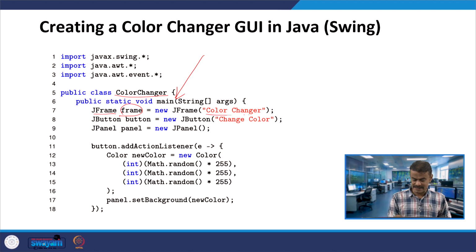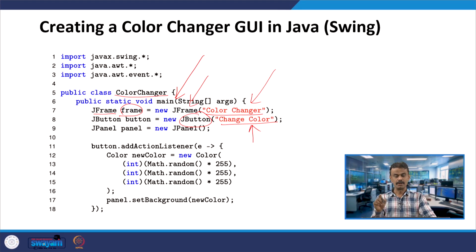So, that means color changer will be displayed in the frame, and button you have change color. Button is an object and JButton is the constructor where you are passing change color. Similarly, JFrame in the line number 7, JFrame was the constructor passing color changer. So, color changer will be displayed and inside you will have change color.